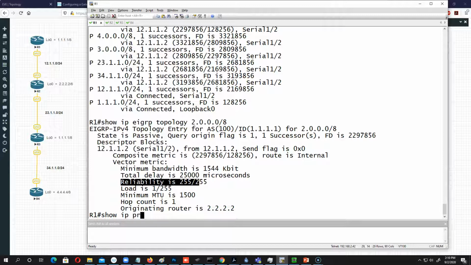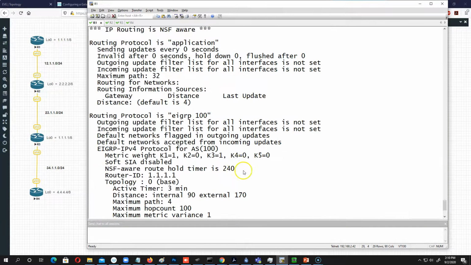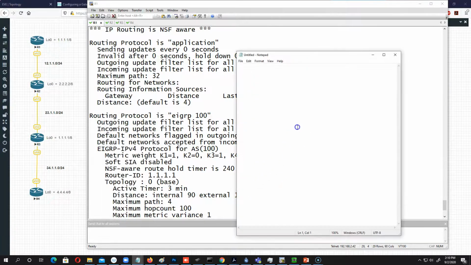show IP protocol, if you do that, by default the values they use are K1 and K3. These are the metric weight values which are in the formula, and the formula is pretty straightforward. Let me show you. The formula is